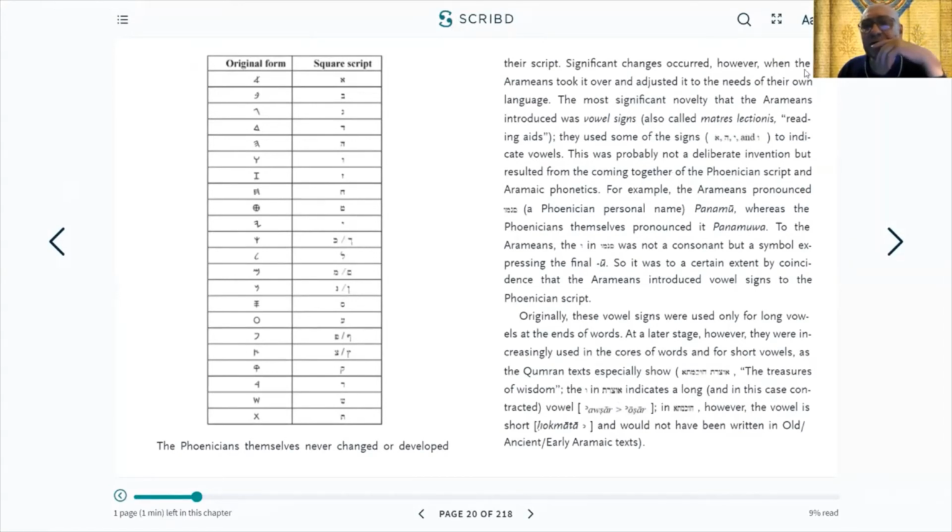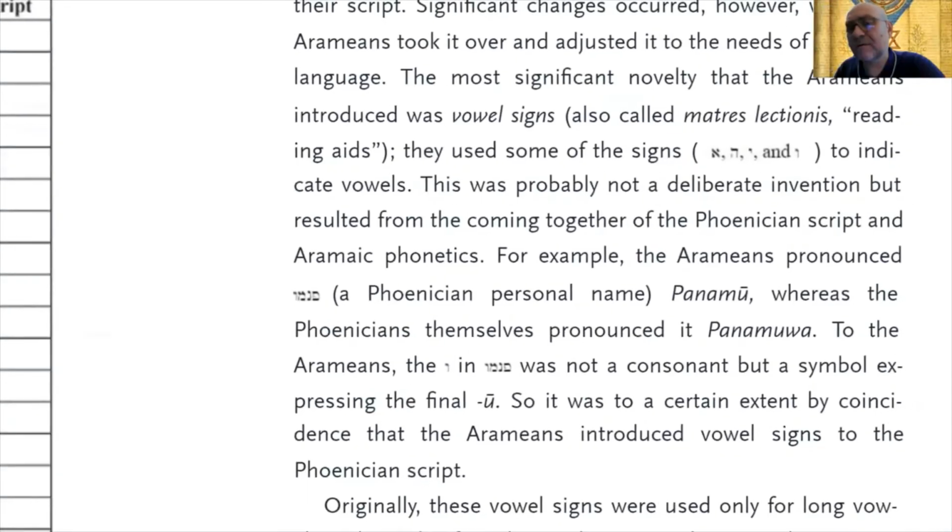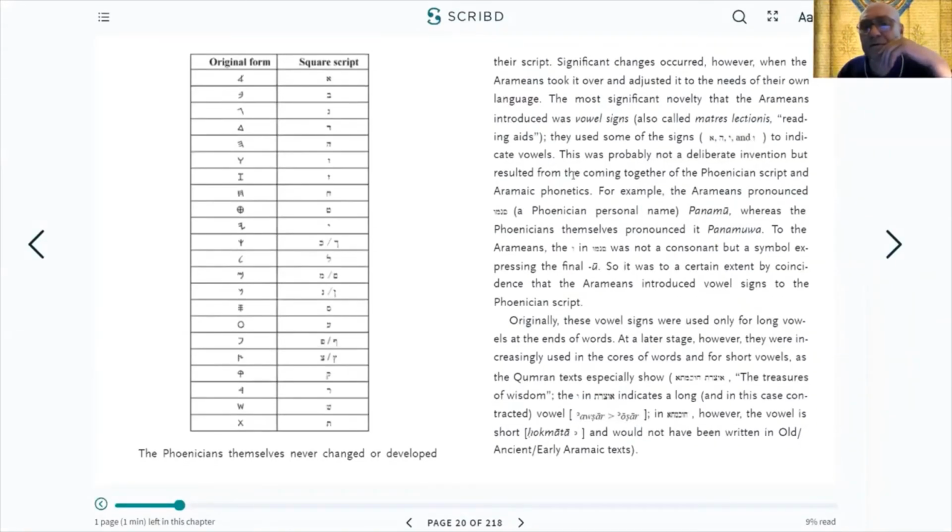Okay, so the script. Significant changes occurred, however, when the Arameans took it over to the needs of their own language. The most significant novelty that the Arameans introduced was vowel signs, also called mothers of reading. That's what that means. Matres lectionis in Latin means mothers of reading. Reading aids. They used some of the signs. Look at that. It looks like Vav, Yod, Hey, Aleph to indicate vowels. Isn't that something? This was perhaps not a deliberate invention, but resulted from the coming together of Phoenician script and